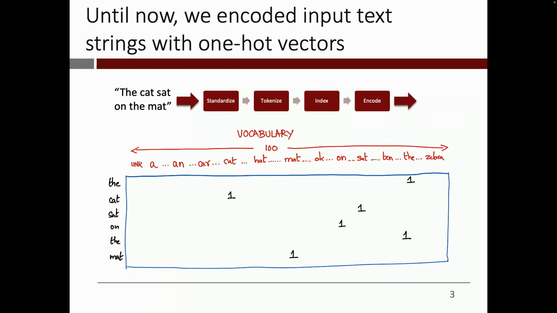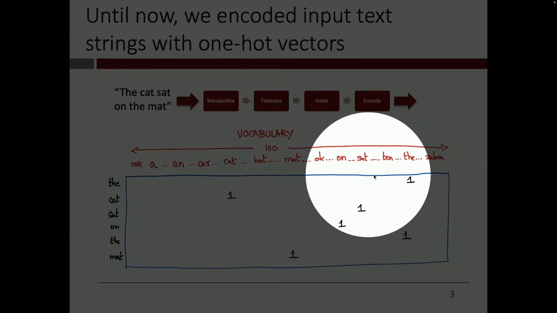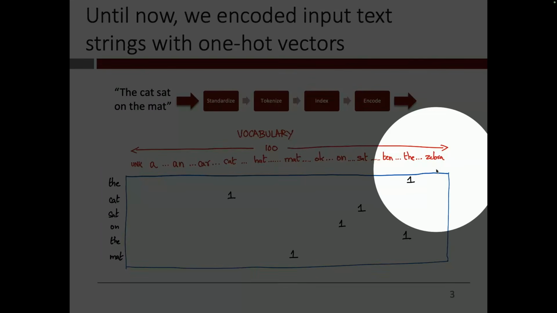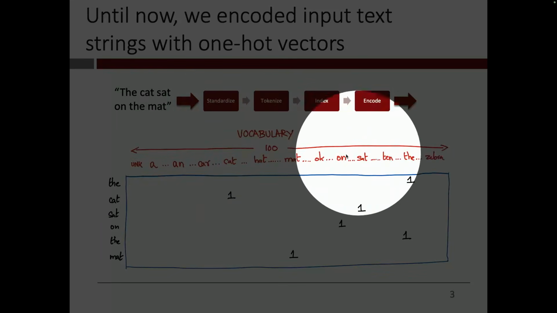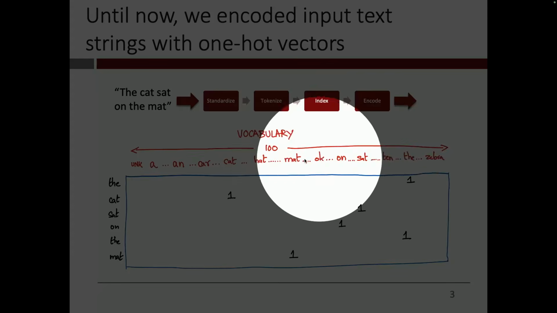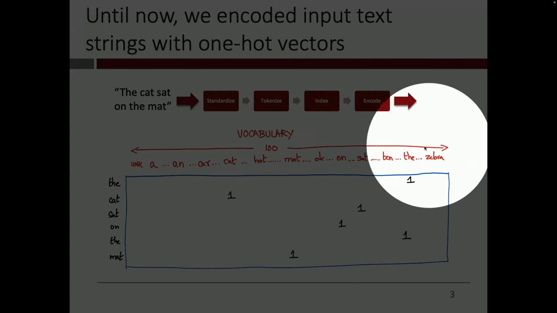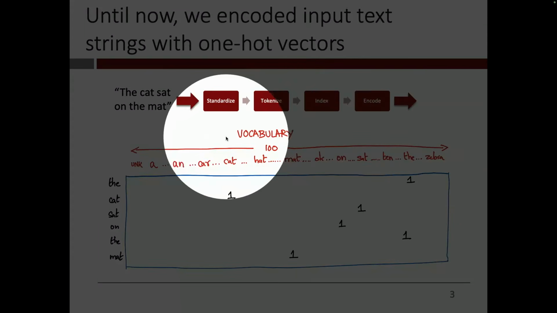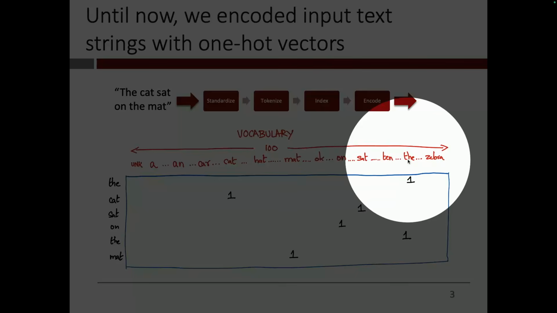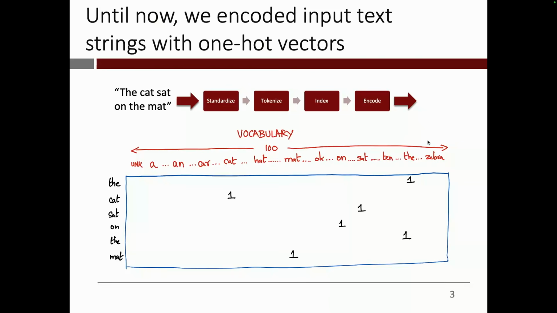And when we do that, we have a vocabulary. In this example, we just have 100 words, and you will note that this vocabulary, which you arrive at once you standardize and tokenize, has words like the, because we decided not to remove stop words like a and